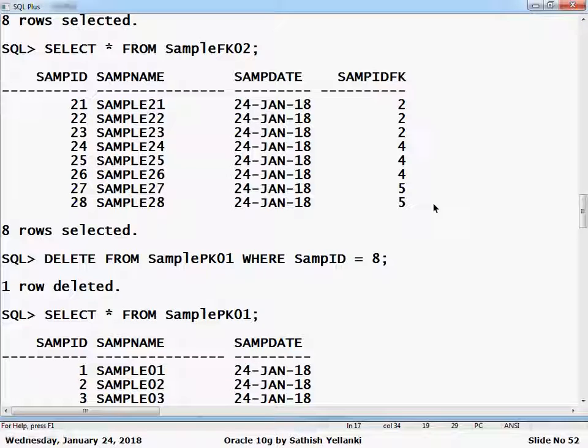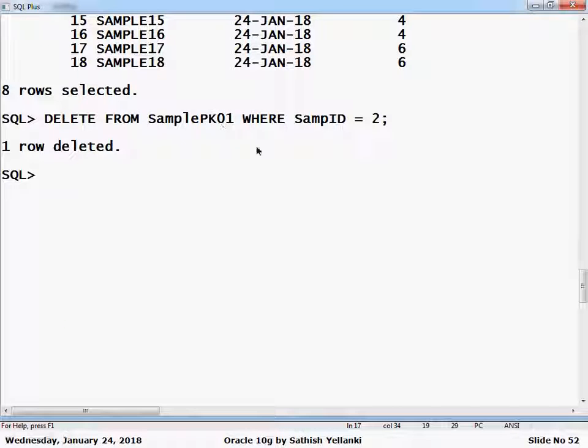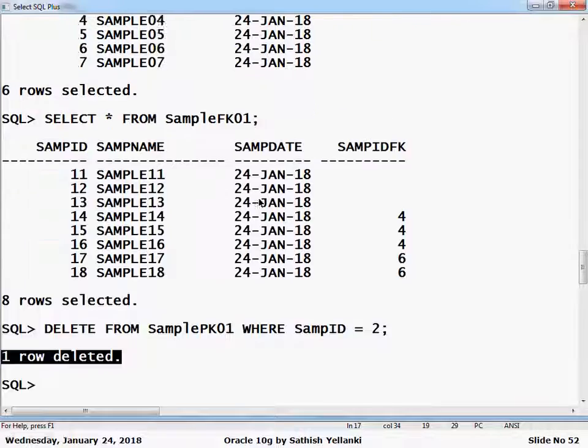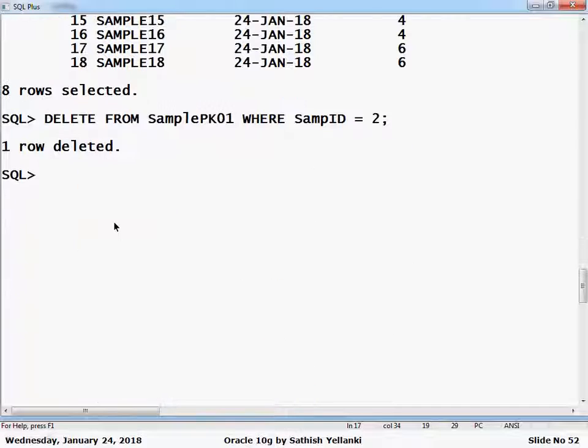So here how many childs am I having? 3. Total records in this table are? Total records in this table are 8. So now you just watch carefully. It says one record deleted. This parental record is deleted. Nobody can deny that. You can just have a cross reference here